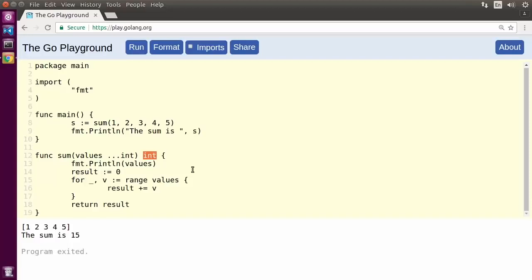Right here after the parameter list and before the opening curly brace, I've listed the return value's type. In this case, I'm expecting to return an integer, so I just put int right here. Inside of my function, I'm going to use the return keyword, and then I'm going to return the value of the variable that I've been building up throughout the course of the function. So in this case, I declare the result variable here, I populate it in this loop,